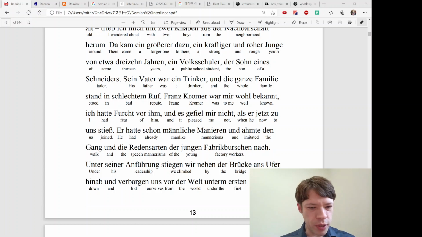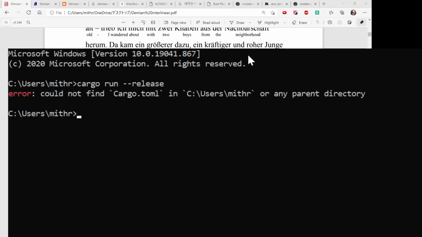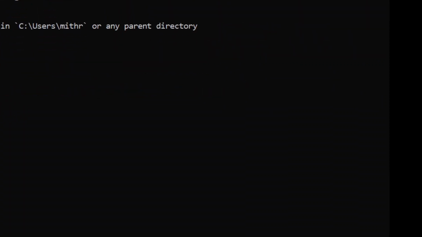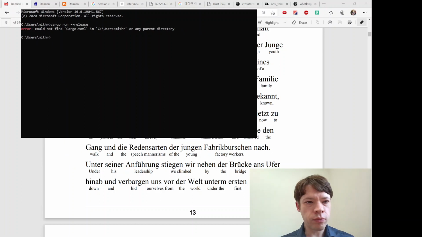I'm going to open that up in a new window in a second. So anyway, that is the concept behind this, and I'll show it to you again. There we go. So let's do cargo run release again, and I think I'm going to make this a bit smaller. I don't know why it's so big. How's that looking?